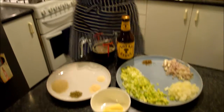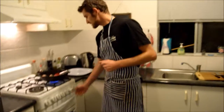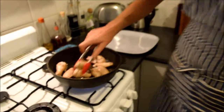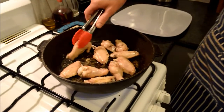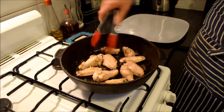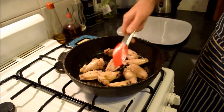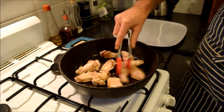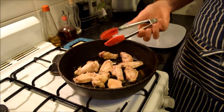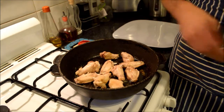So if we come over here now, as I mentioned earlier, what I've done is I've pre-warmed up these wings and I've browned them a bit. So what we're going to do is just let this pot come to heat. And what you'll notice is they're nice and brown, and you'll start to hear that sizzle. Now, when that sizzle really starts to kick in, we're going to start the